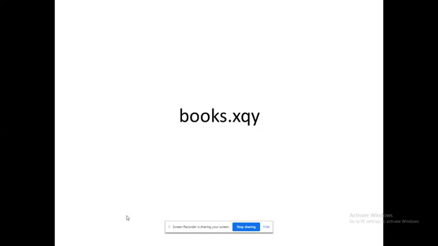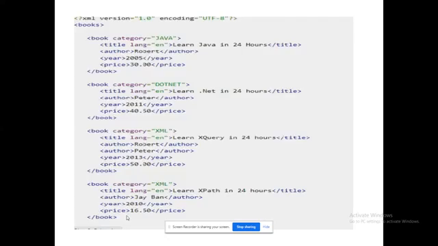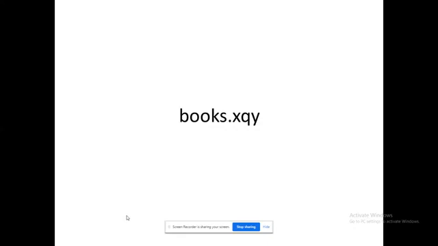When we are moving toward automation, nowadays the world is full of automation. The two famous companies in automation are Automation Anywhere and UiPath. They are doing tremendous things in automation. Considering those cases, it is advisable to use the root tag as the file name, books.xqy. That will be easier when we move to automation. That is the reason I have kept the file name books.xqy intentionally.